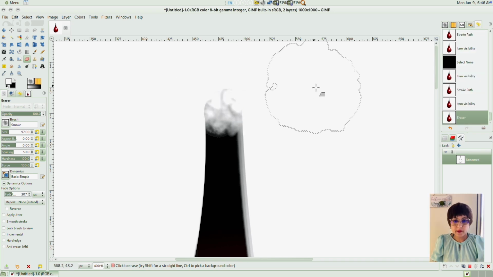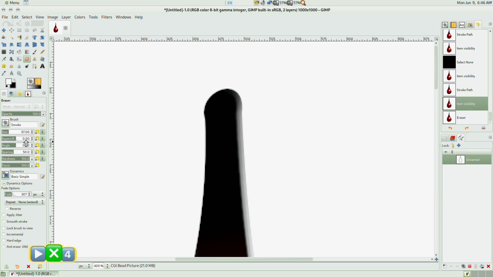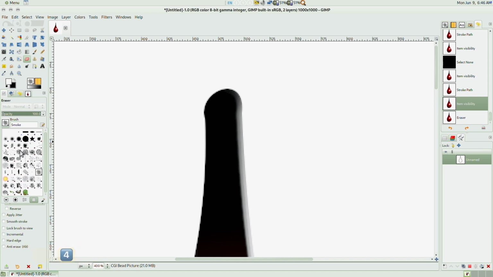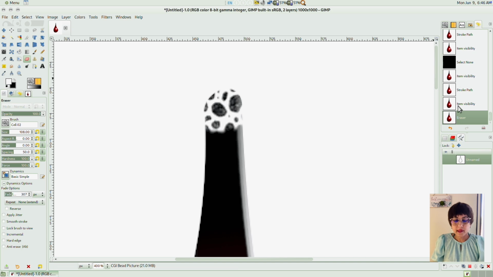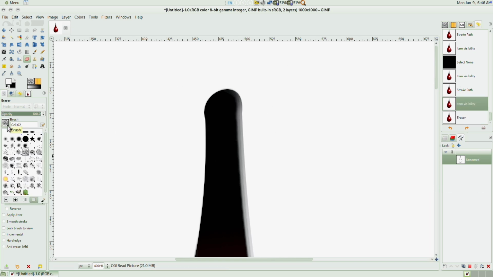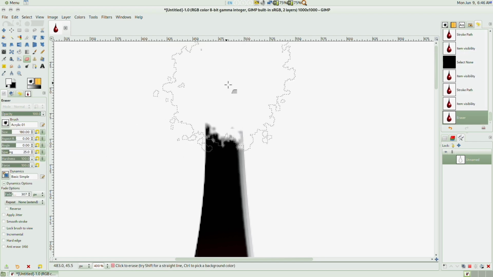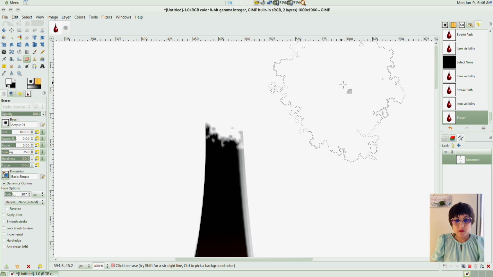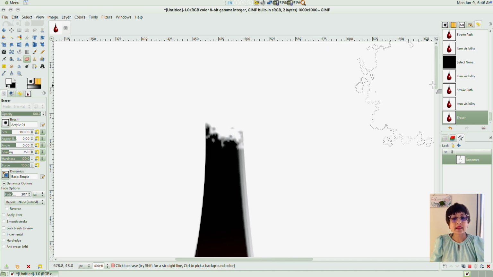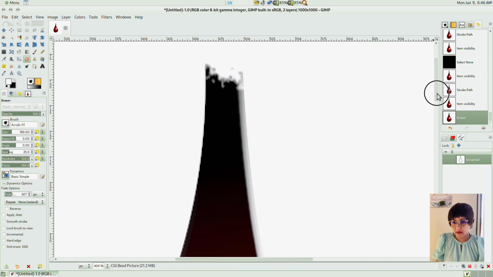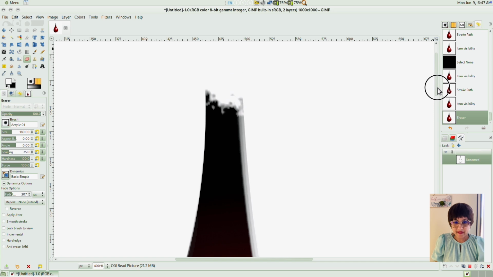Looks like it's got hydrogen peroxide on the edge. Nope. Leopard spotted blood. Ooh, I like this. This looks really, really nice. Oh yeah.